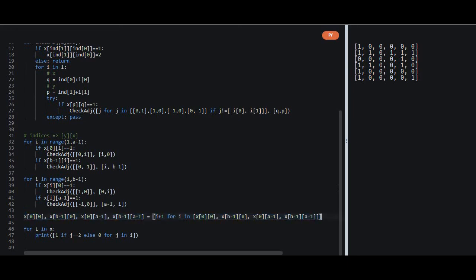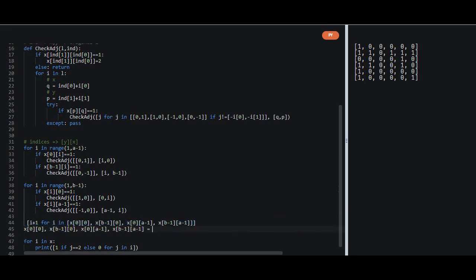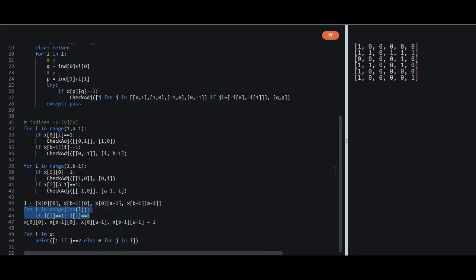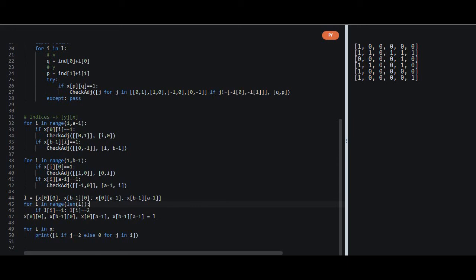Okay, this line is correct, so we can just comment it out, or we can copy it, Control, and we can do this also. And now let us check what kind of mistake we are doing. Okay, instead of equal to 2, we will only write li equal to 2, because this is just a statement.